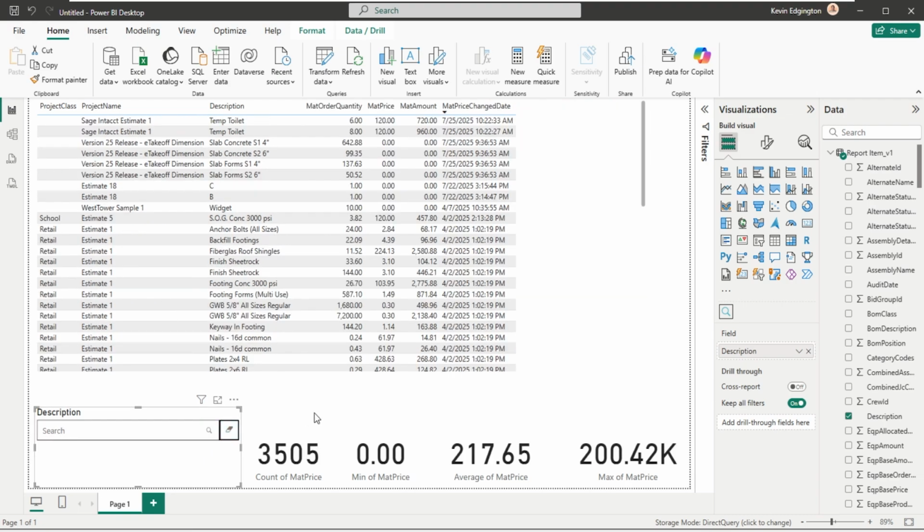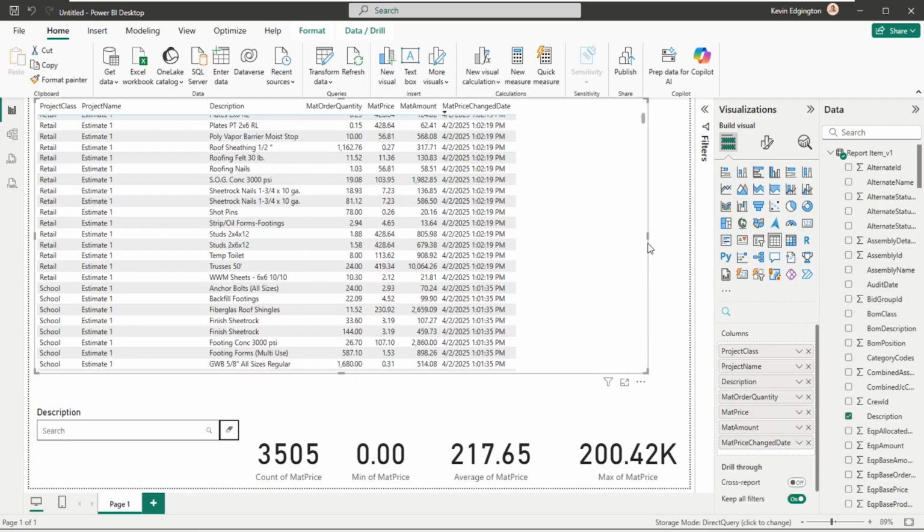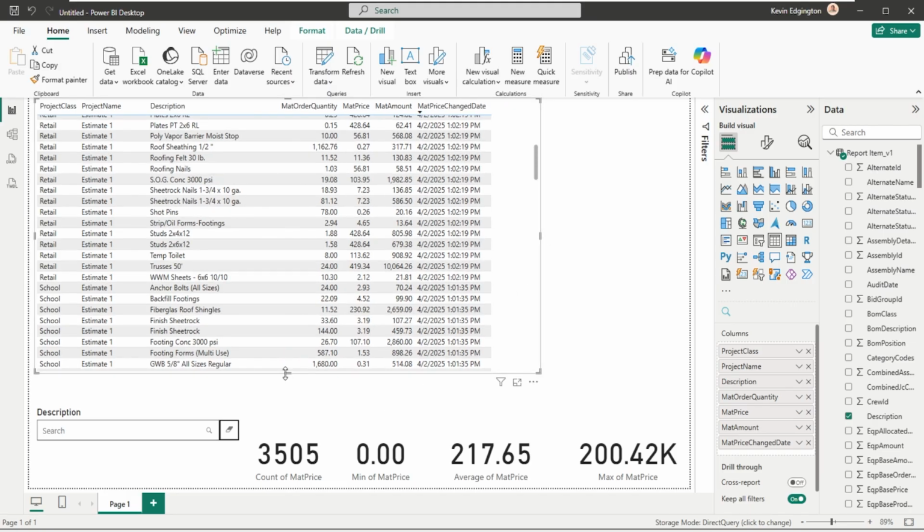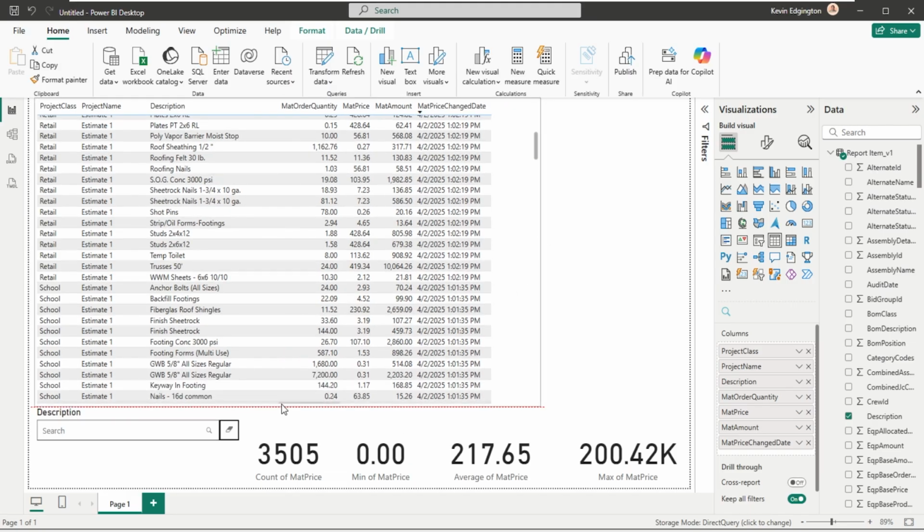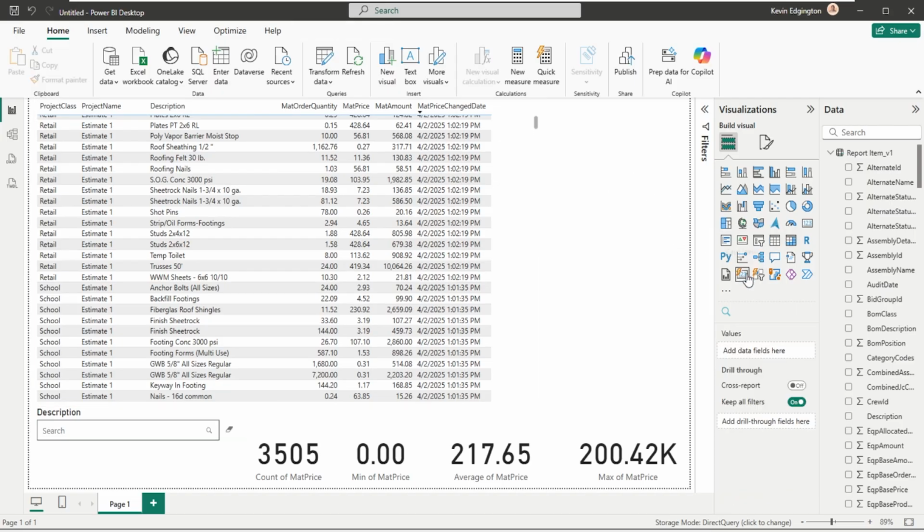Let's clear that and let's go ahead and put a slicer on here. Slicers are kind of neat because I'm going to take this a little bit narrower and maybe a little bit taller. And let's say I'm going to put a slicer over here. So where's my slicer thing? The slicer was right there.